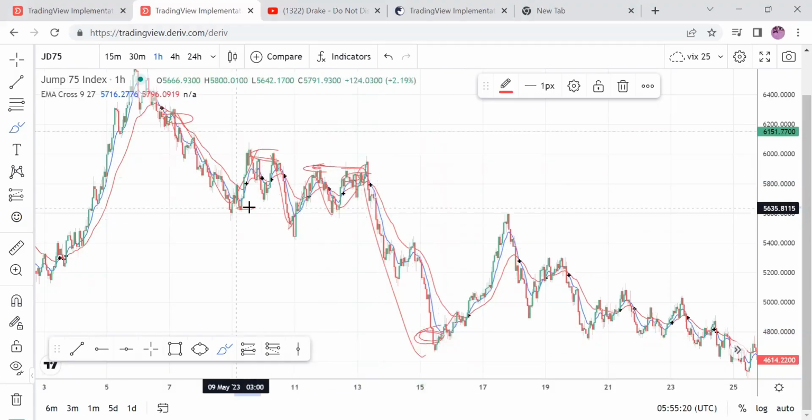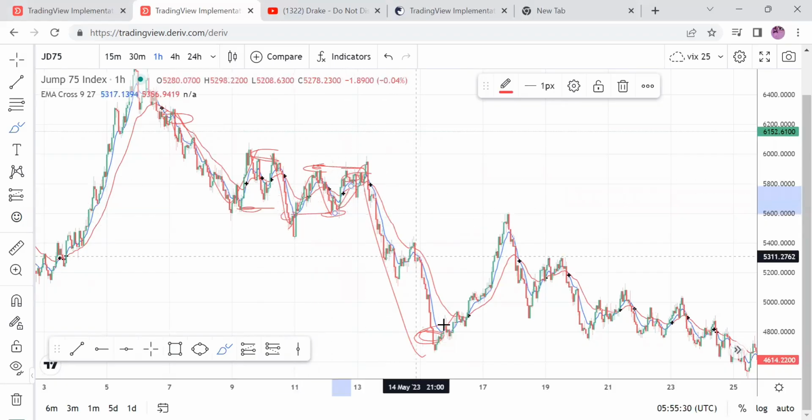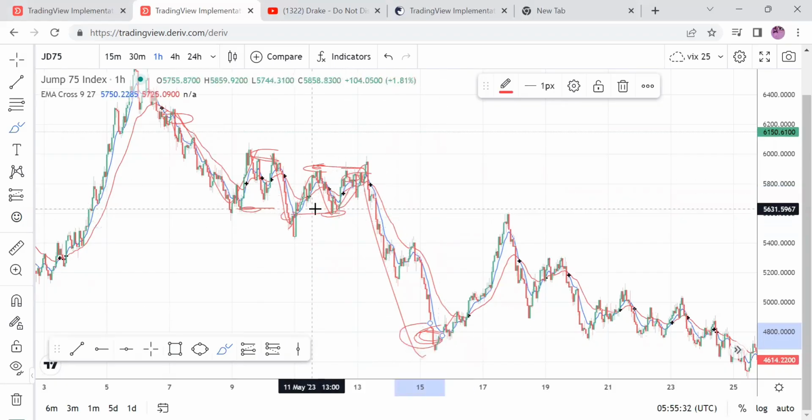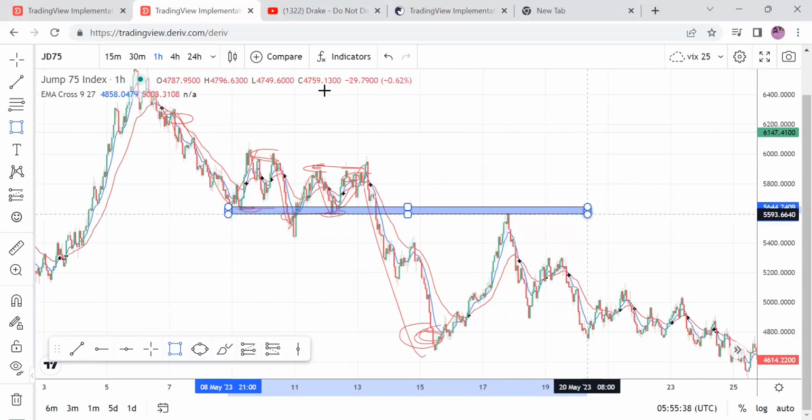So in order for the market to push from here to down here, notice we took out these structures. So these areas where the market was rejecting to the downside, finding support, causing the market to push up, right? In order for the market to reach down here, we had to take out these structures right here, right? So if we extend our rectangle